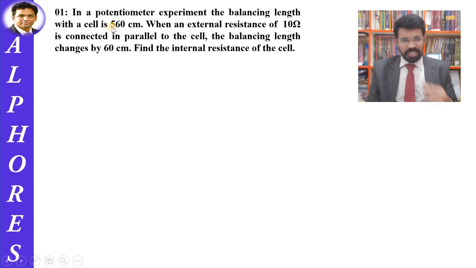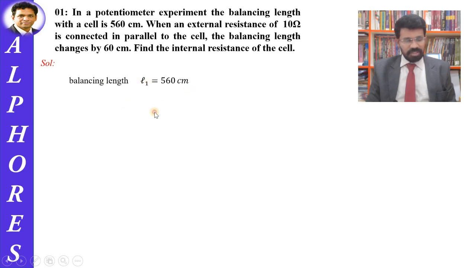Because just now we have seen that E is equal to XL1, in the sense L1 is greater, and V is equal to XL2, in the sense L2 is less than L1. So here the L2 value can be written as 560 minus 60. That's how you have to identify conceptually whether it is an increase or decrease. Okay, so let us see one by one.